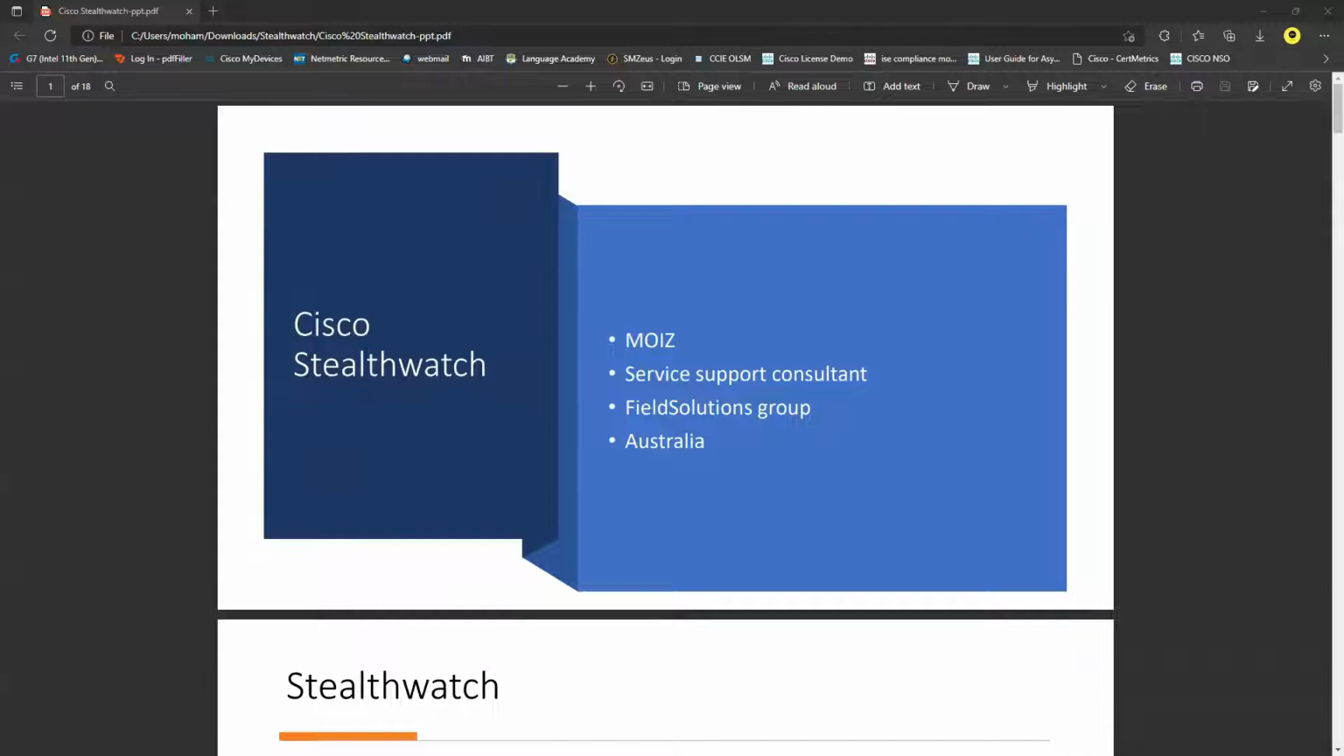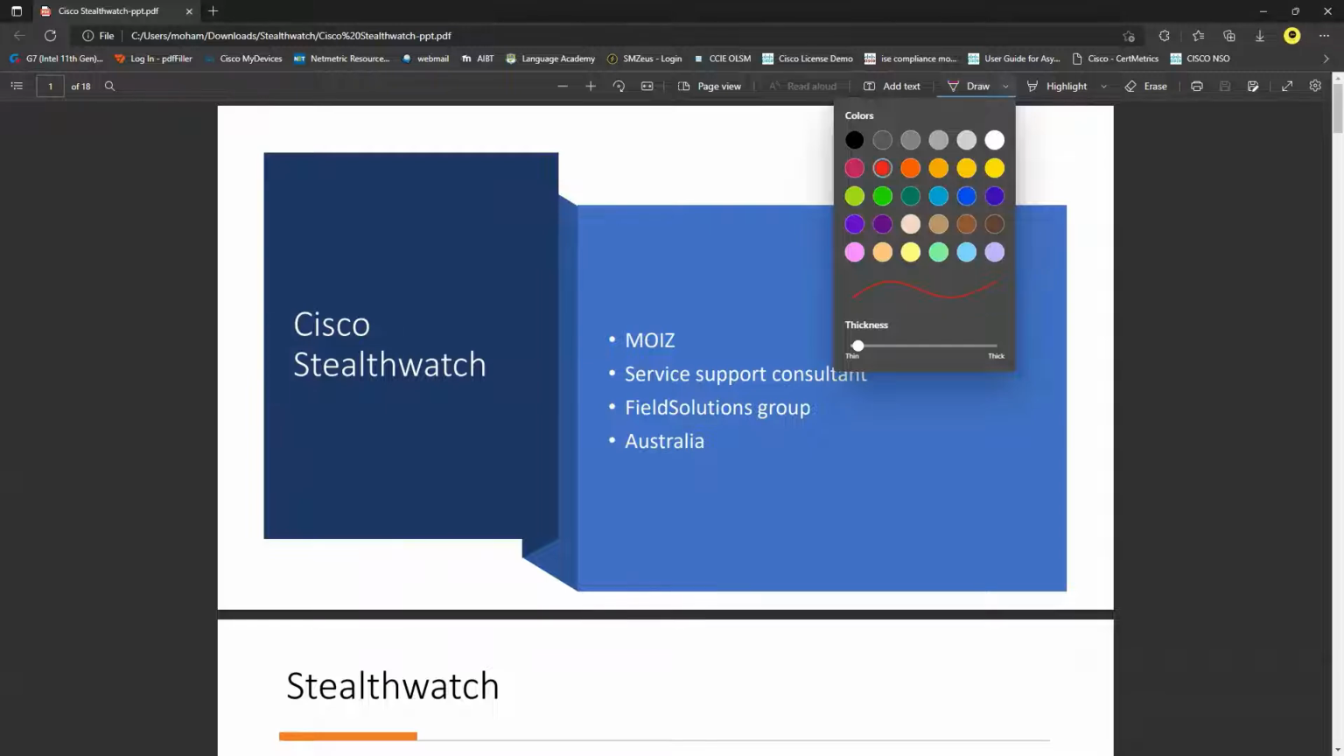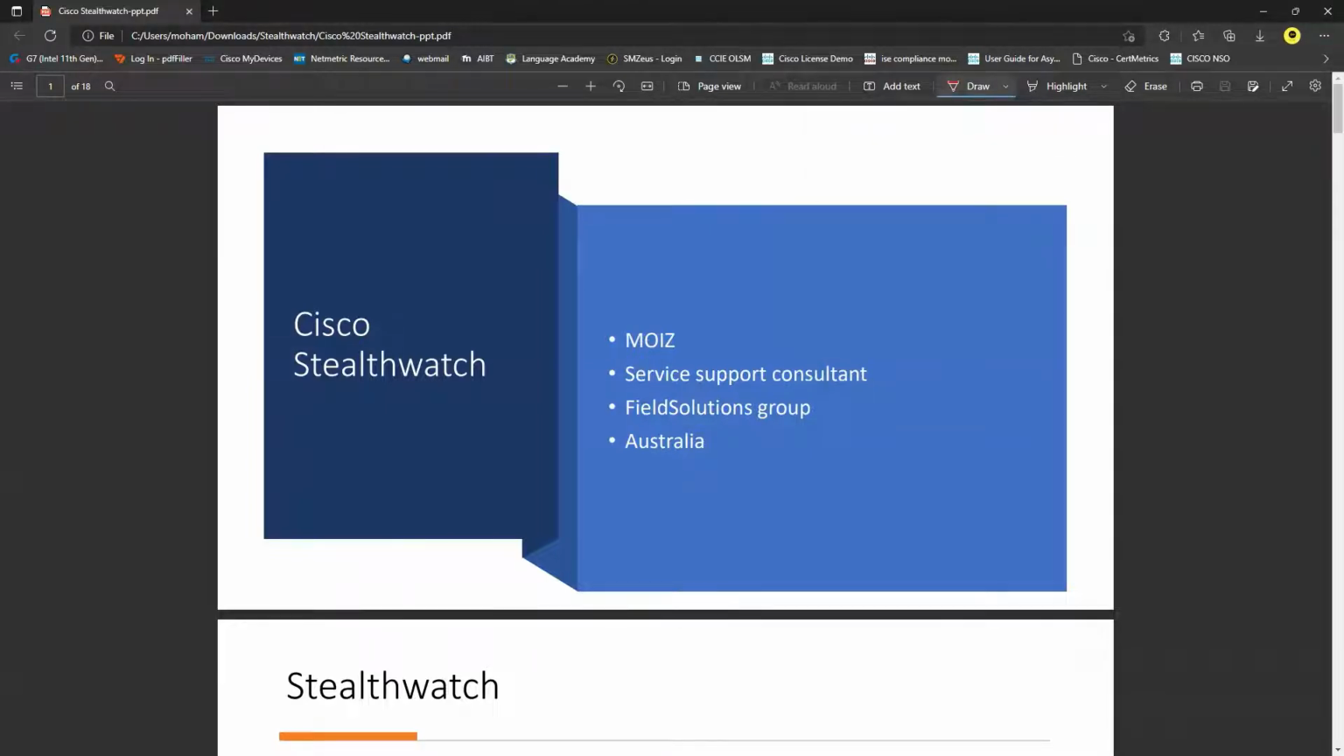Alright, then let's start off with the Cisco Stealthwatch now. Basically, what is Stealthwatch? Stealthwatch is a network visibility solution. So when I say that it is a network visibility solution, I'm referring to the visibility from the traffic